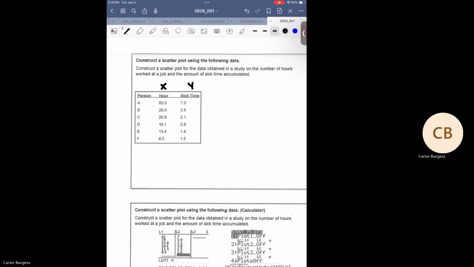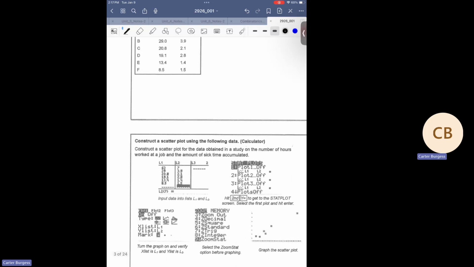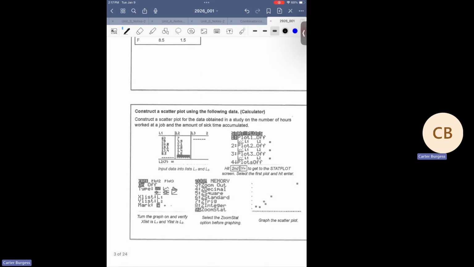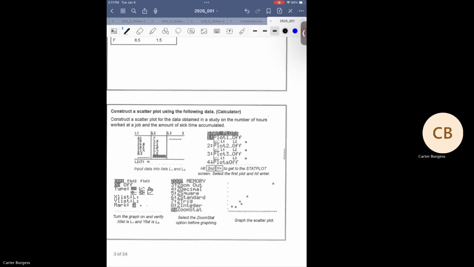And we could go through and graph these by hand, but again, we're never going to do that. So on your calculators, they're going to be your best. And it's possible that this is already set up. But if you have a fresh reset calculator, you're not using one of the classroom set,